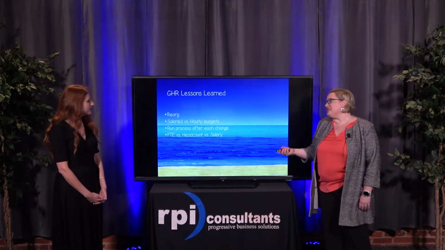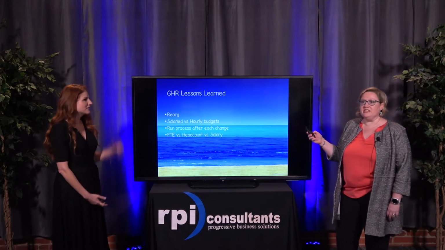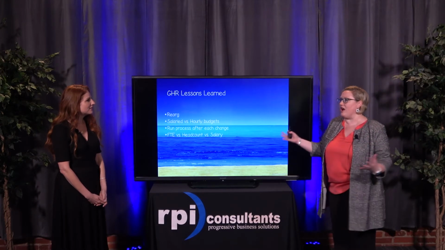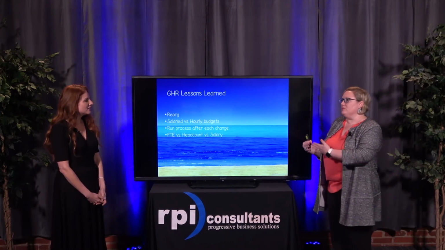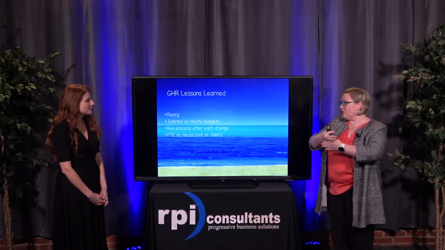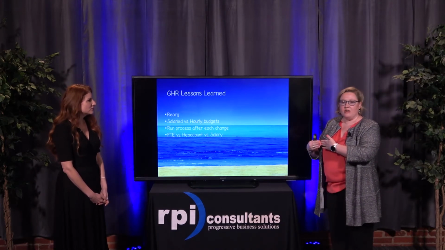So a couple of GHR lessons learned. One organization I've been working with recently did a reorg in December, and all of a sudden their position variance report was all out of whack, and they couldn't figure out why. And we realized, because you reorged, the budgets that were loaded against a certain org unit aren't really valid, and we have to fix that